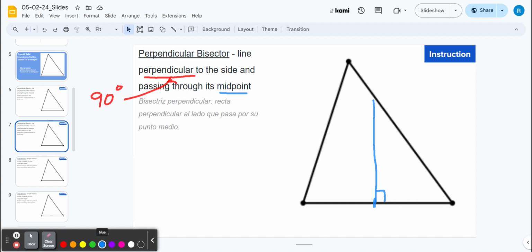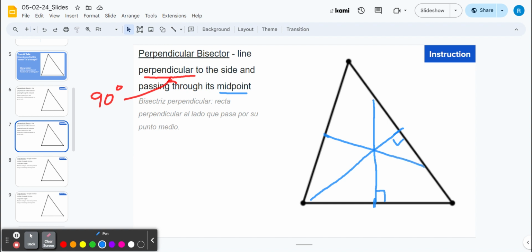Your notes should look a lot cleaner than mine because I am drawing on a computer screen. You are drawing on some note paper with a ruler, so hopefully that gets a lot better. I look at my next side, I move to find the midpoint. It looks like that's a pretty good approximation of what the midpoint is. I'm going to then draw a perpendicular bisector here. So it's perpendicular, it's 90 degrees to that side. And then my last one, if I set up a midpoint about right here and then draw the perpendicular bisector